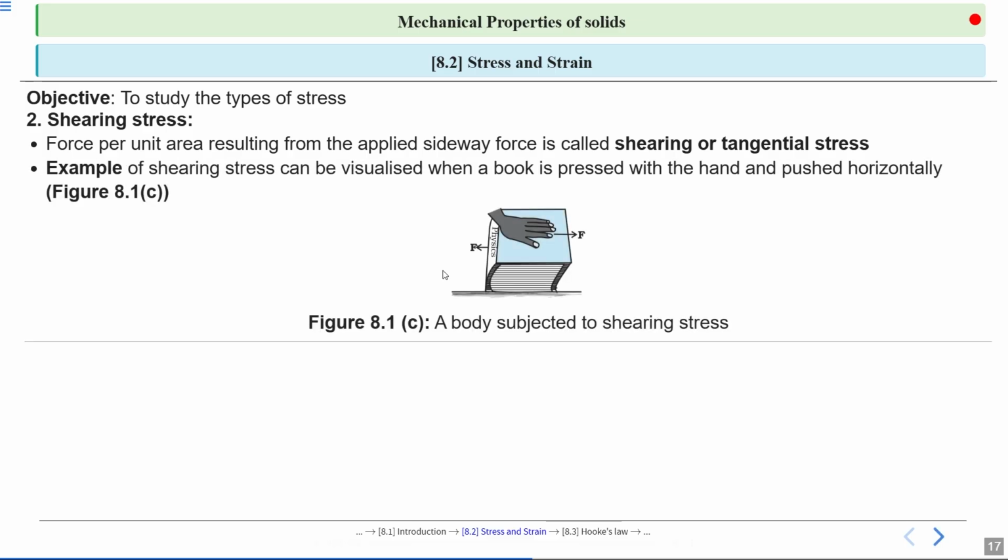An example of shearing stress can be visualized when a book is pressed with the hand and pushed horizontally. This action creates a shearing effect similar to what is shown in figure 8.1c. This example helps us see how shearing stress works in real life situations. Alright,